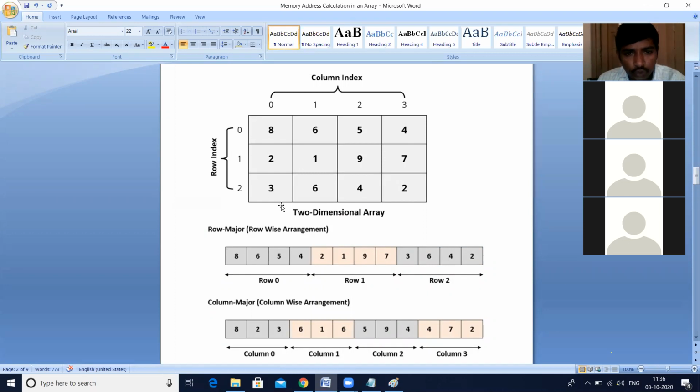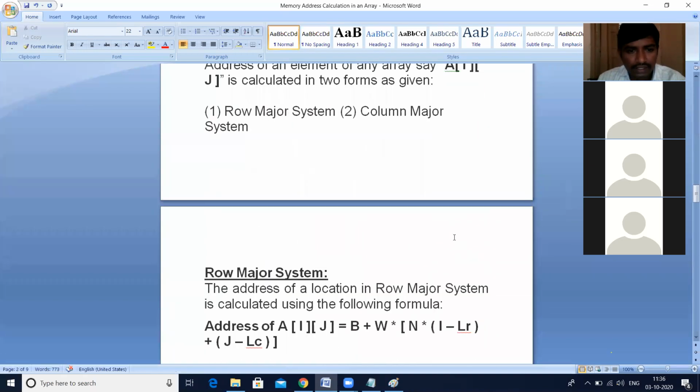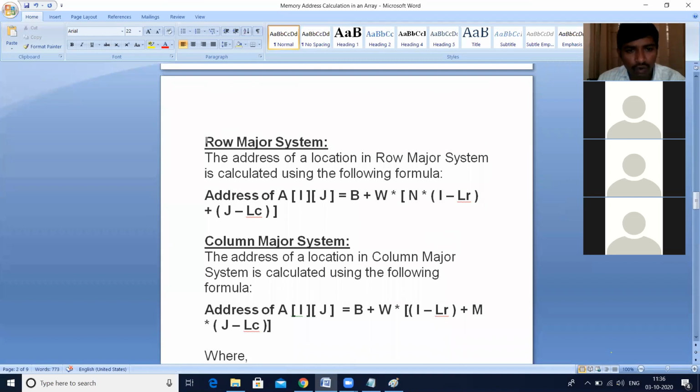If we represent these two-dimensional arrays in this way, row major or column major, how do we calculate the address? To calculate the address, we have two ways. The first one is row major. If it is stored in row major, then this is the formula.